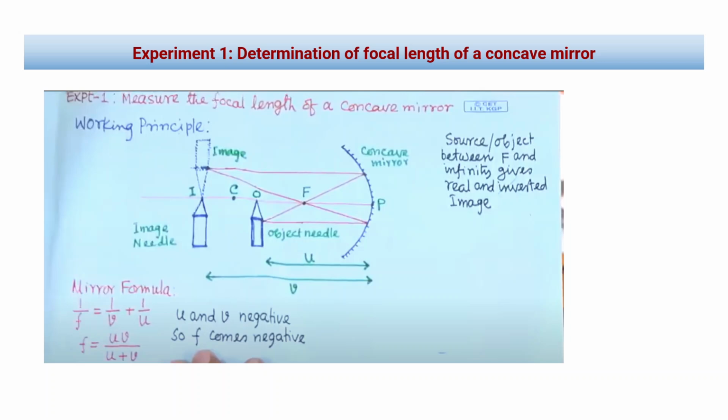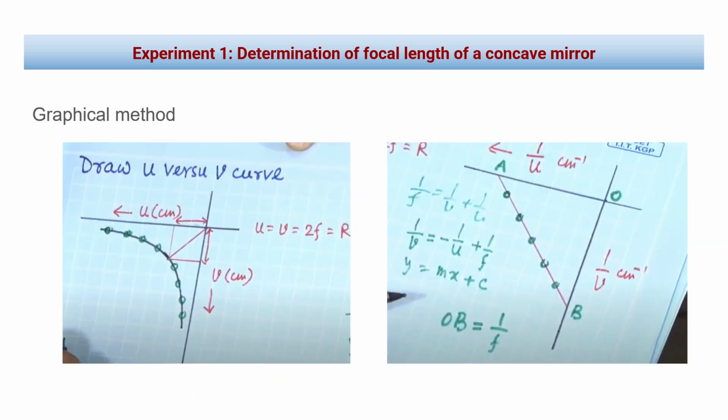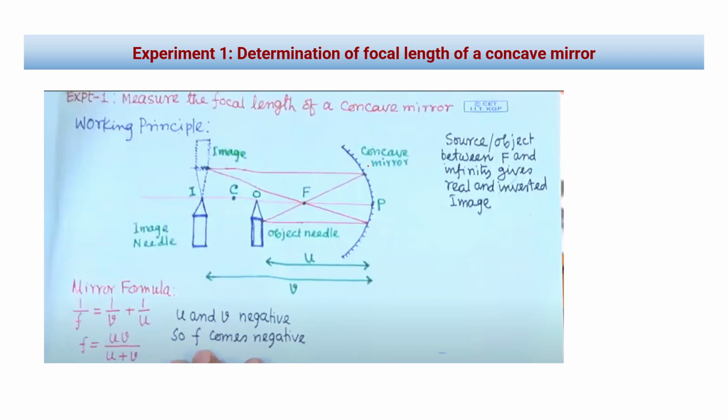This first experiment was to measure the focal length of a concave mirror. So in this diagram we will try to understand. The concave mirror has its outside polished, so the inside curve is the reflecting part. For better explanation, you should go through the lectures, because the professor has demonstrated the experiment and explained it very well. Here we will just focus on the working formula for how to find out the focal length of a concave mirror. So what he had done is